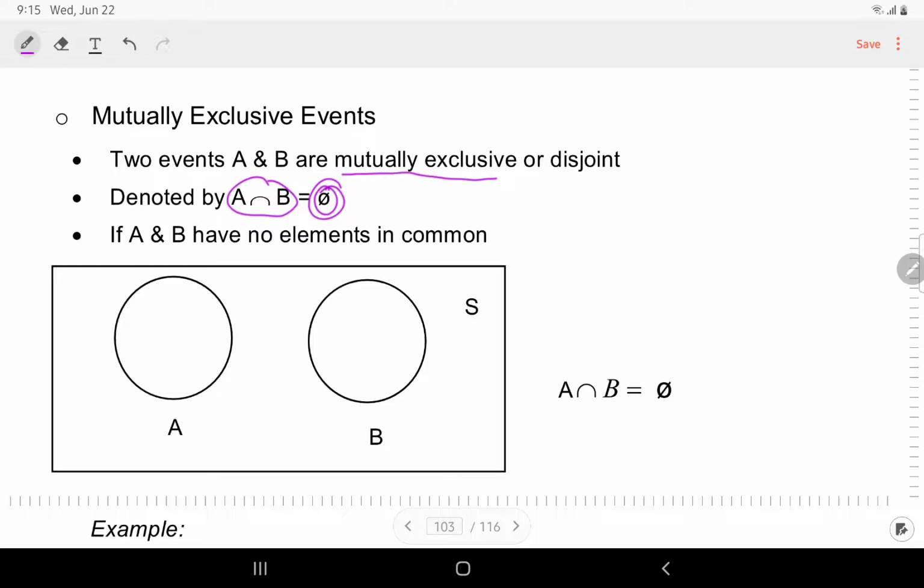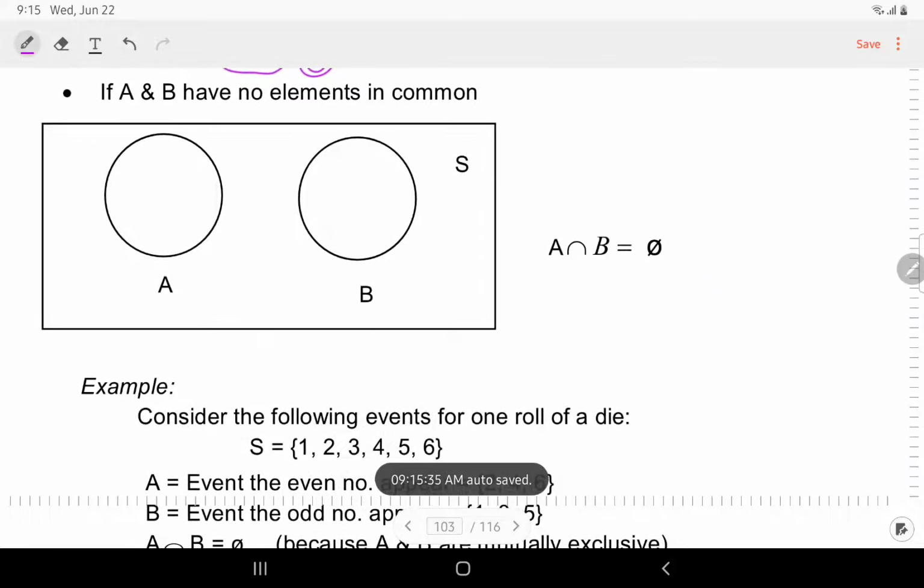So, kalau dekat dalam Venn diagram macam ni, kita lukis A and B is not intersect each other. Okay, dia tak overlap pun. Sebab dia tak ada elemen yang sama. Okay, so kita kata event A and event B are mutually exclusive. Okay, for example,